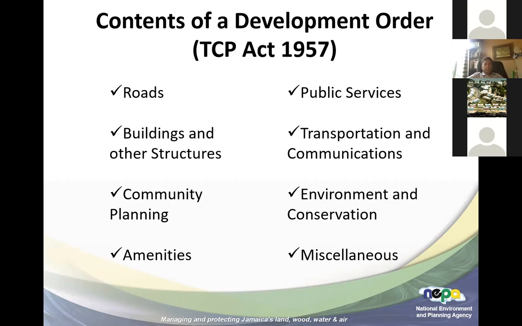The development order also looks at community planning through the provision of control of land by zoning for specific uses, as well as regulating the layout of housing areas, including density. It also looks at amenities as it relates to the reservation of lands for open spaces, whether public or private, identifying lands for cemeteries or crematoria, reservation of lands for communal parks, game and bird reserves, etc.